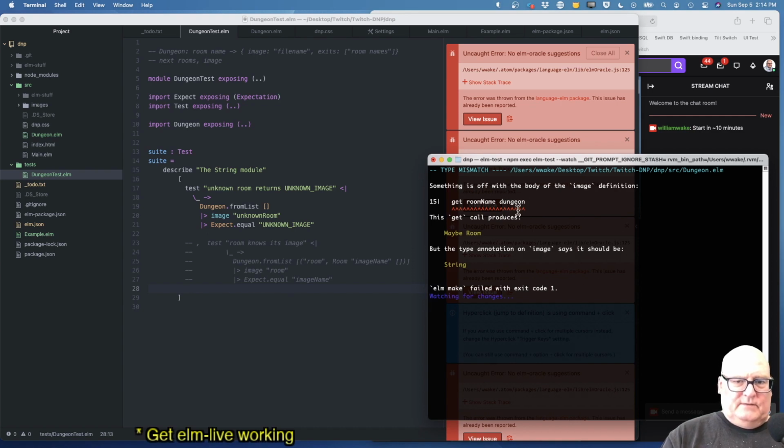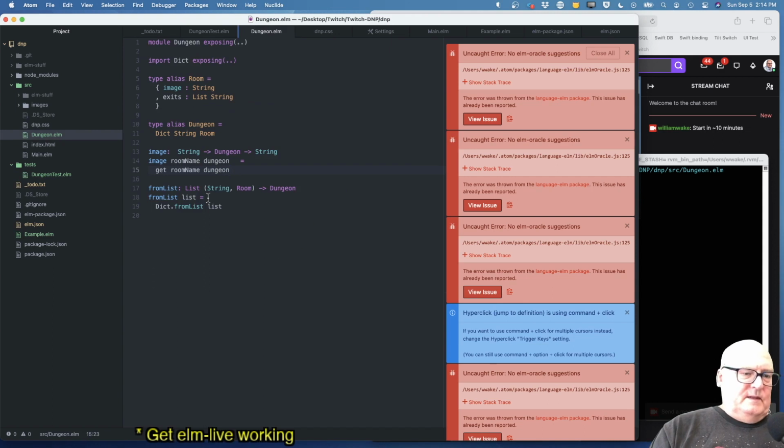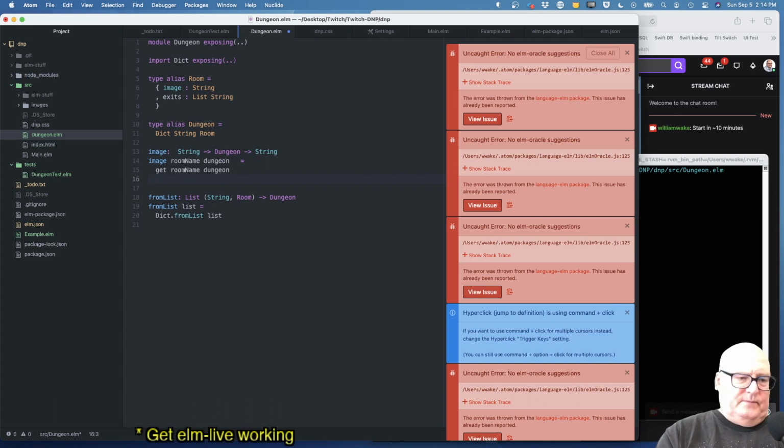Something's off in the body of the image definition. The get call produces maybe room, but we want an image. Okay. Let's go over here. You get a room. Right now we've got maybe room. Okay. If I take maybe room and I pipe it to the with default,